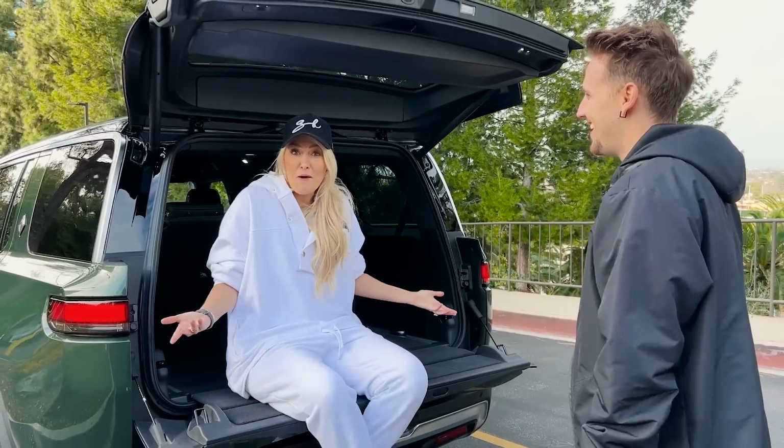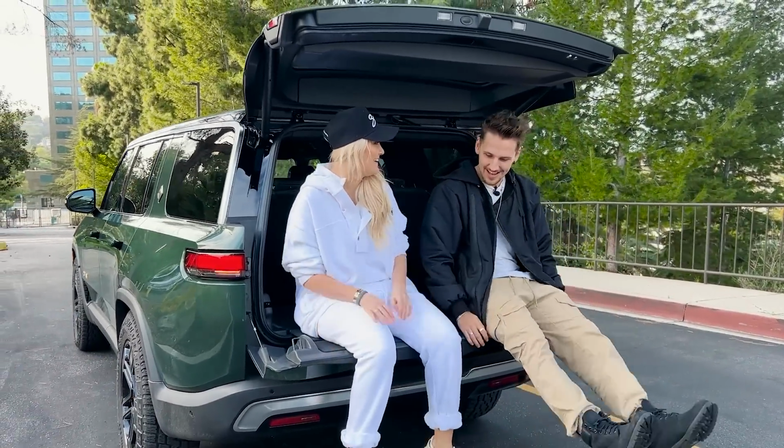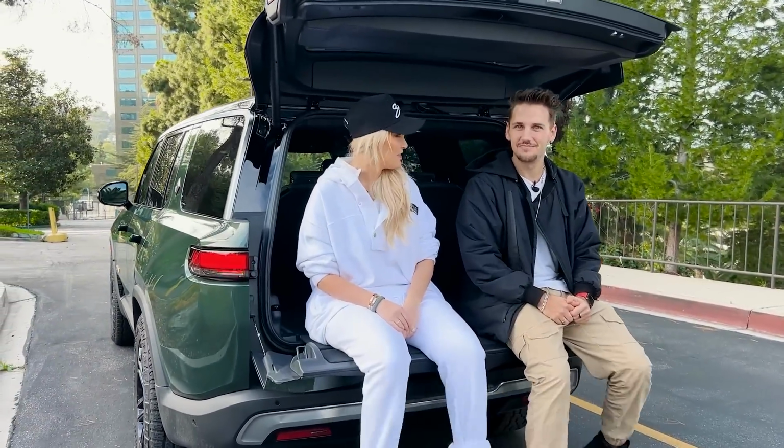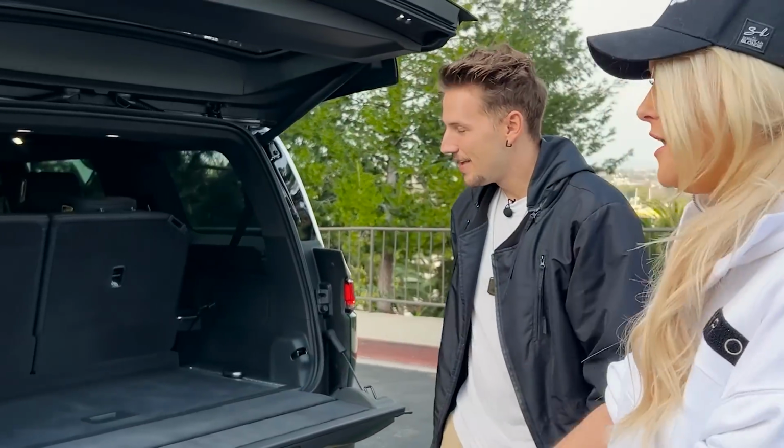Yeah. Look, it holds me perfectly. Ta-da! So you can put whatever you want on here. Look, join me. Ah, it's breaking. It feels very sturdy. It's really sturdy. When you're camping, apparently it's all about the camping. You can just pop yourself up there, have a glass of wine, whatever you want, and that's your seat